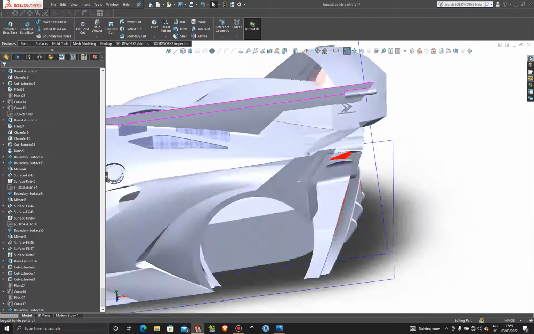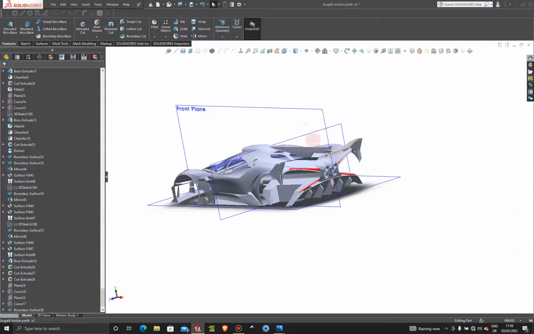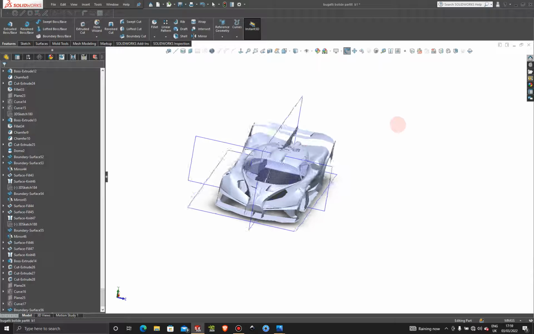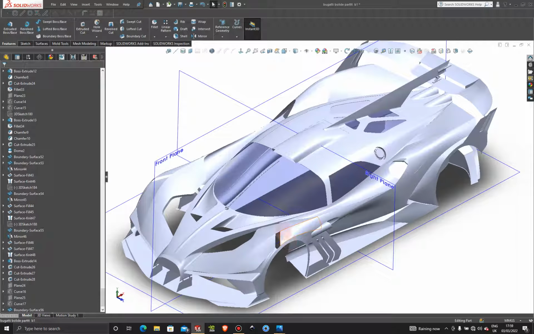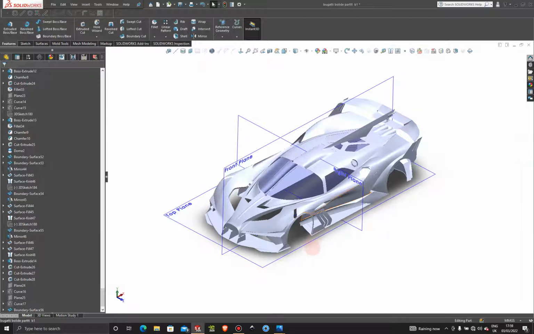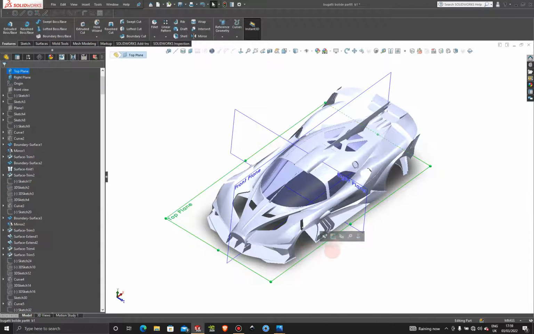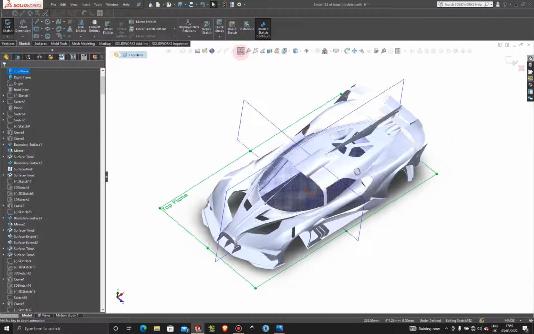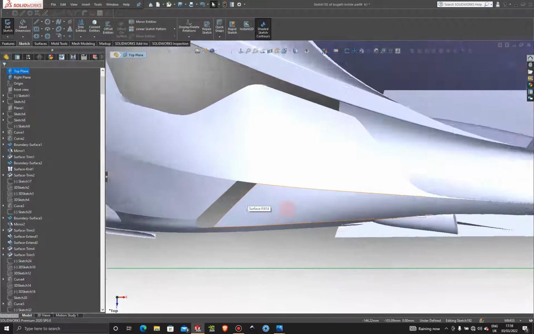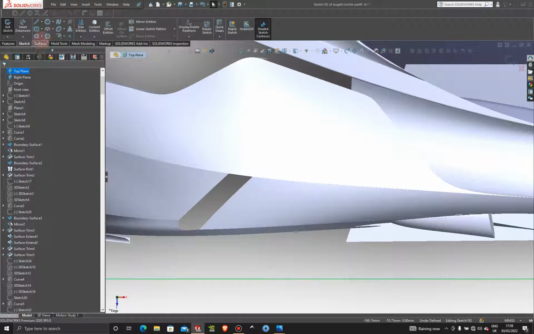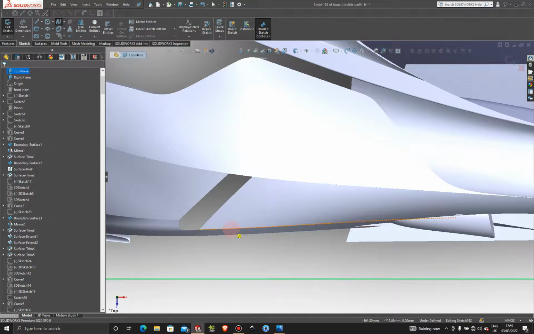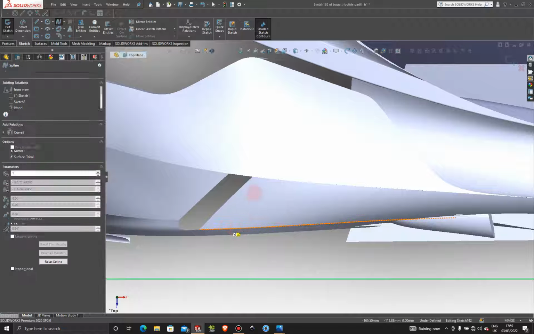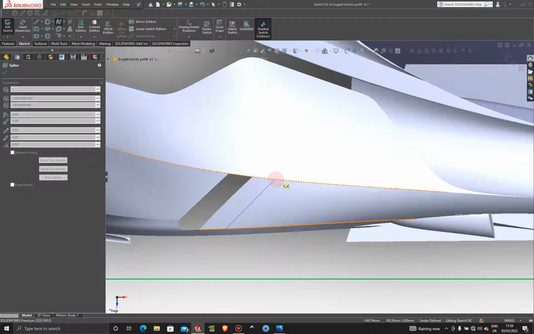Okay, and now we have that on both sides. Okay, so now that we fixed our wing in position, what we're gonna do now is cut another vent on here. So let's make a sketch on the top plane here, and let's jump into normal to profile here, and let's grab a spline. I'm just gonna drop that spline somewhere here to here,